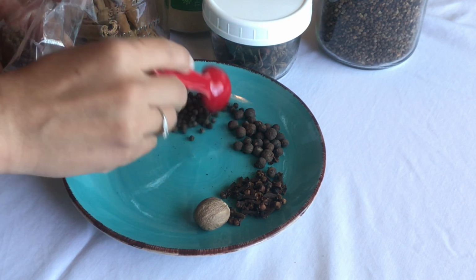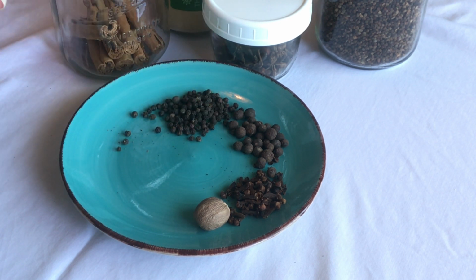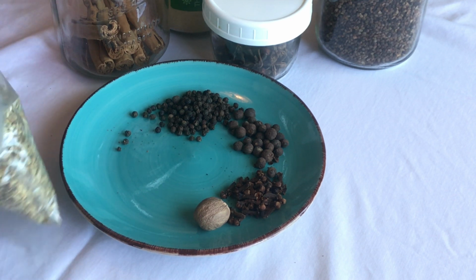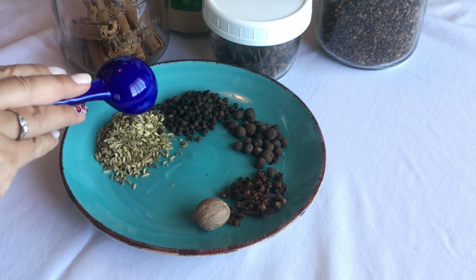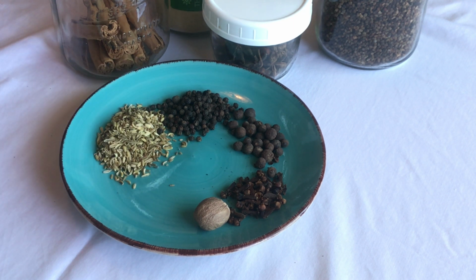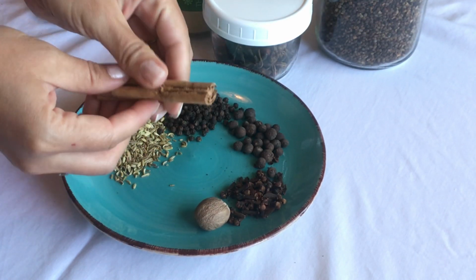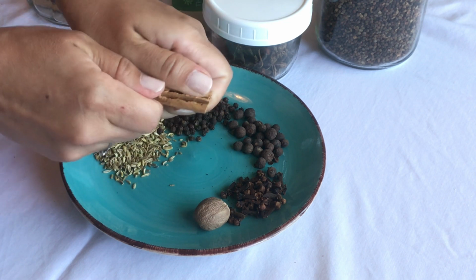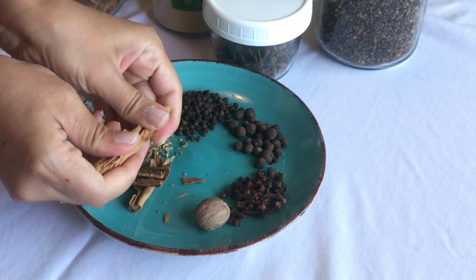So the same thing, I guess I'll put like 1.5 to 2 teaspoons of the pepper. Then for the fennel seed, I'm going to put about a tablespoon of the fennel seeds. And then the cinnamon, this is about like a 4-inch piece, and I'm gonna be putting this all into the grinder